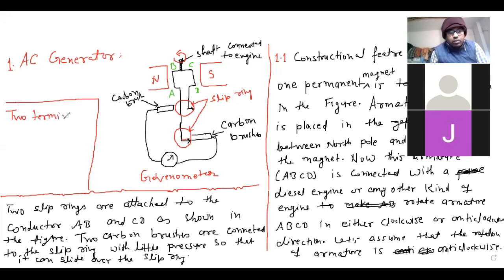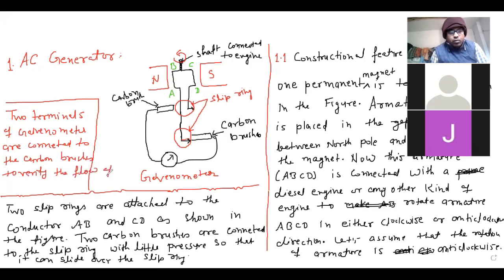Two terminals of galvanometer are connected to the carbon brushes to verify the flow of इलेक्ट्रिक करंट। फटाफट नोट डाउन करो। तो ये हो गया कंस्ट्रक्शन फीचर यहाँ तक।